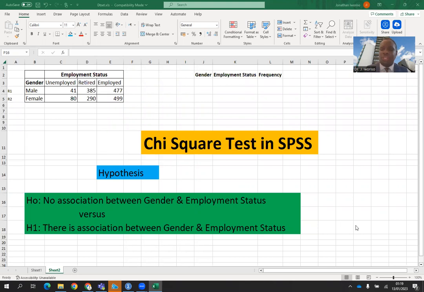The null hypothesis is saying that there is no association between the rows and the columns. So the rows and the columns are not associated. In other words, we can say that the rows and the columns are independent. So the rows do not depend on the columns, and the columns also do not depend on the rows. That is what the null hypothesis is saying. So for simplicity, we can say that there is no association between the rows and the columns, or the rows and the columns